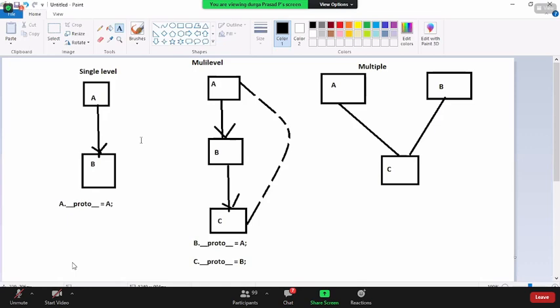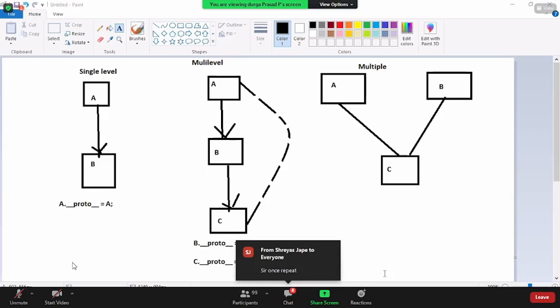So that is how it is not straightforward, but still we can do it. But in case of JavaScript, there is no concept of multiple inheritance. Multiple inheritance is not supported because of the data ambiguity issue. Only single level or multi-level, and in multi-level you can keep on increasing A, B, C, D, any number of levels. You can keep on going. So these are the types of inheritance supported in JavaScript.